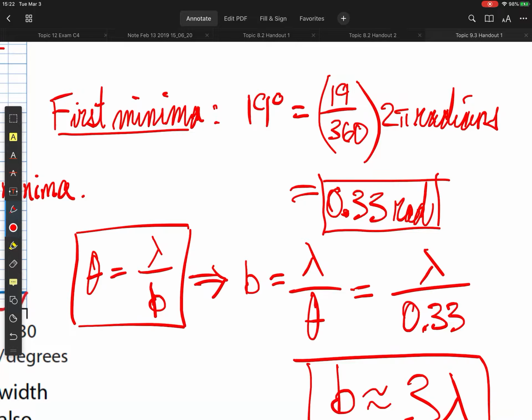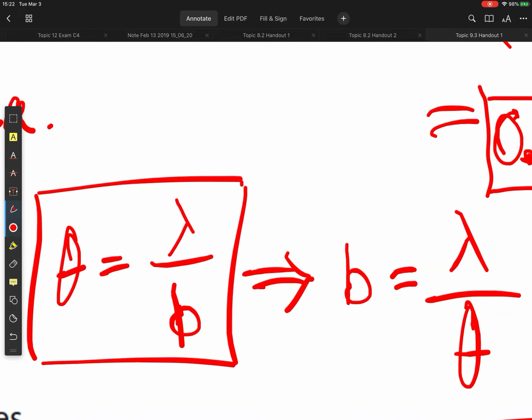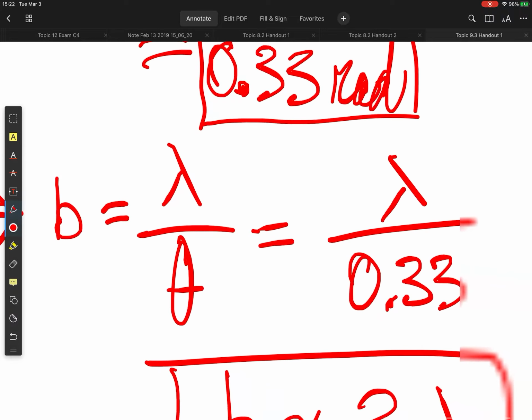That will give me a value of 0.33 radians. And I can then plug that into my single slit equation here, the equation for single slit diffraction, and rearrange it slightly so that my slit width is equal to wavelength divided by the angle, which will be